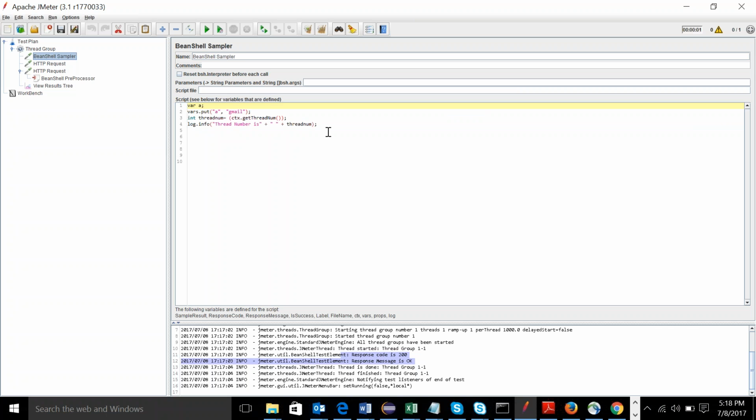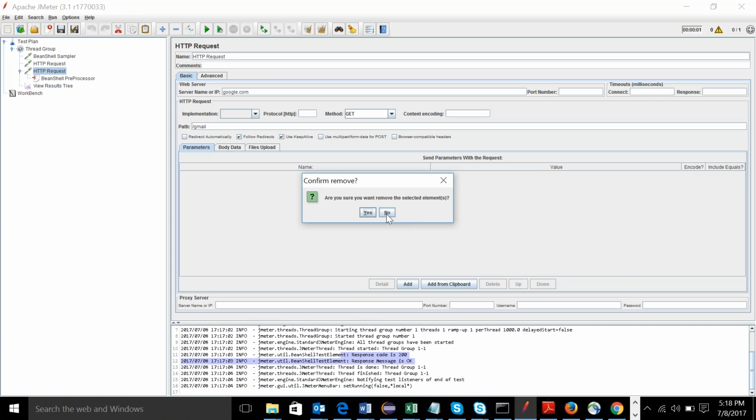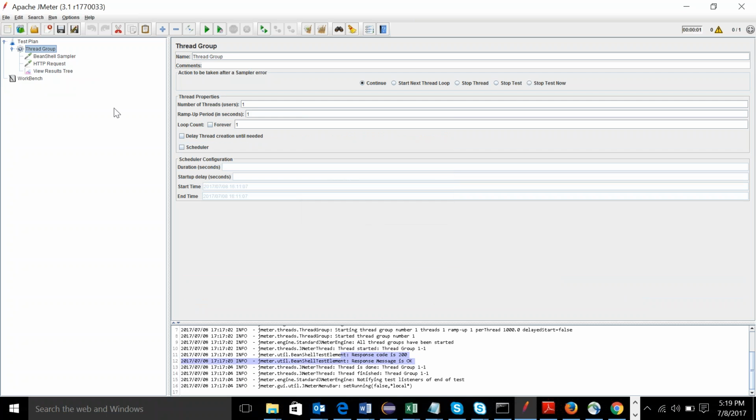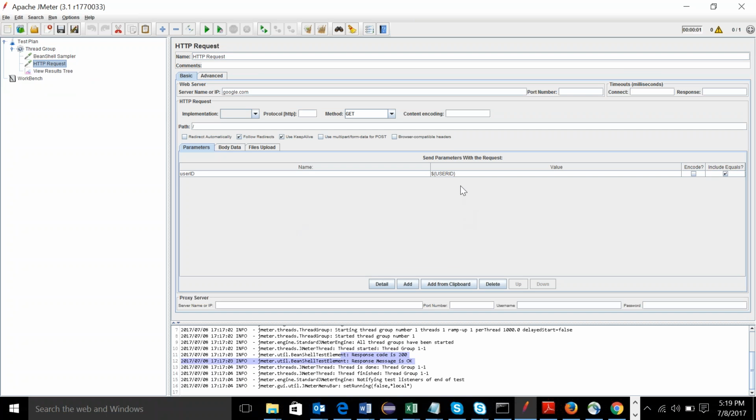So let's go back to this script. We can remove it because we don't want it. Let's keep the thread number because I will explain how it can benefit us. Now I have a variable user ID. It's the same; I've defined it in capital letters because I have specified it here in capital letters. I can also remove this one because I don't need multiple requests. So I have one listener now and one sampler in which my user ID is a variable,